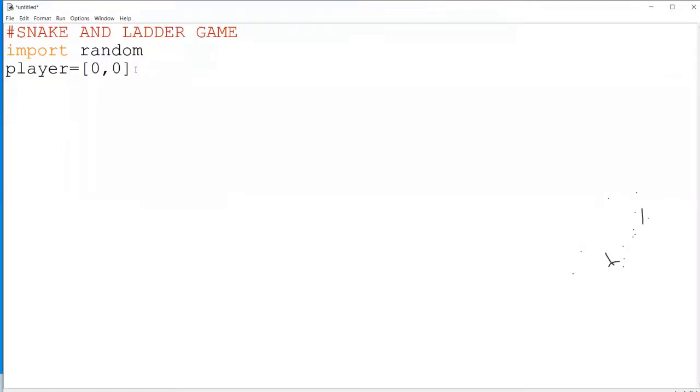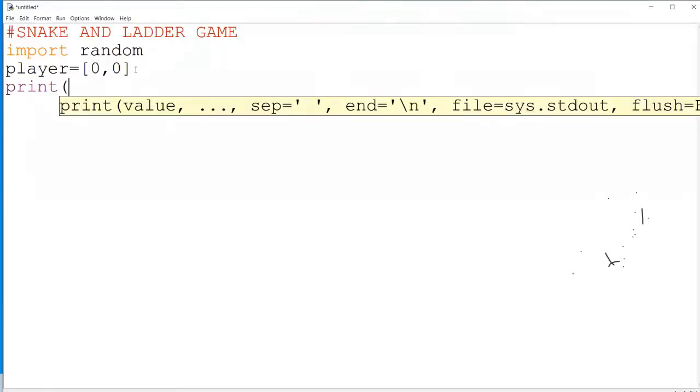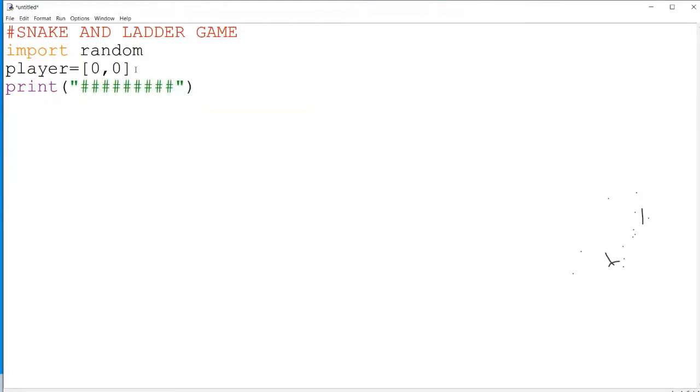Then what do we need here? Now we need to check, or you can give basic messages like print. Now I wanted to design this program a little bit. This is only to format the output in that way. Print. Now from here, if the game begins, the hashes I put are just for designing purposes, because if you see the message in the hashes, it looks a little better.